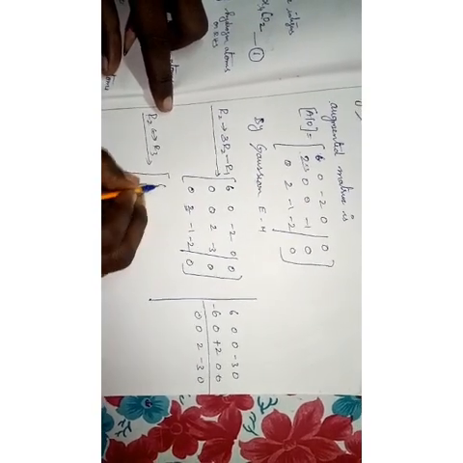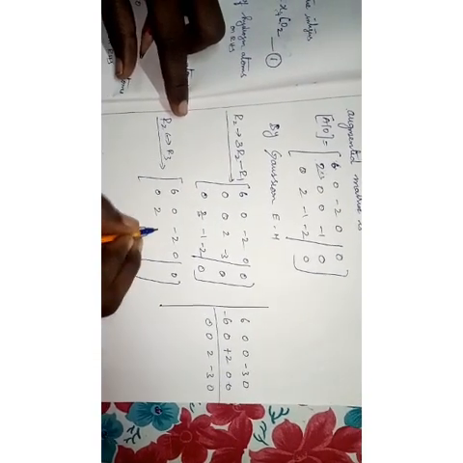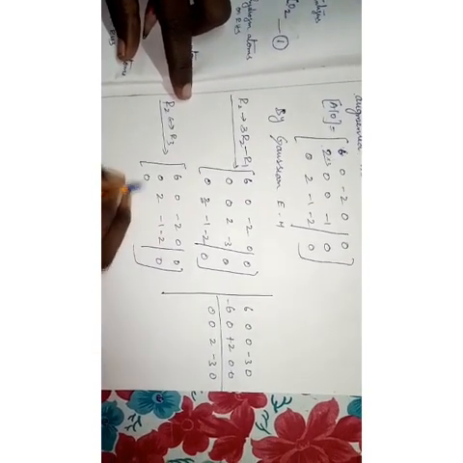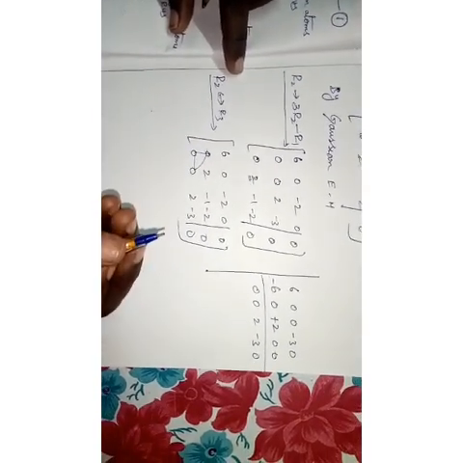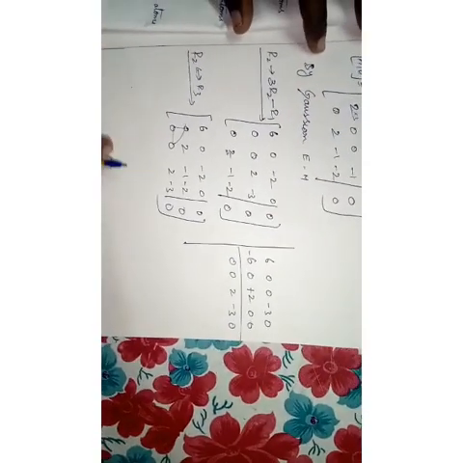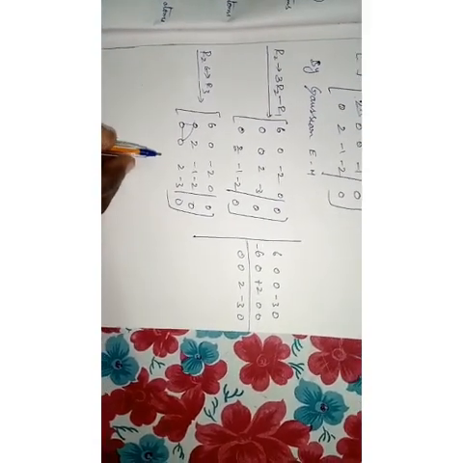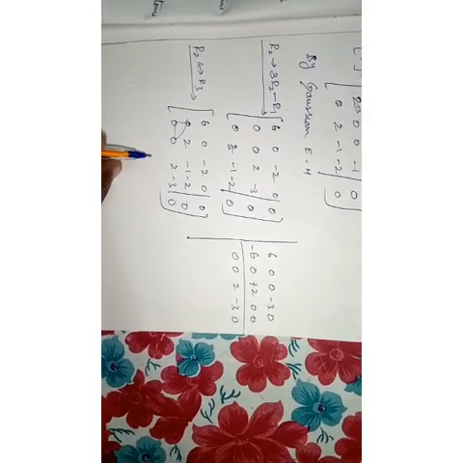So what is the answer? 6 0 minus 2 0 0. Then 0 2 minus 1 minus 2 0. This is 0 0 2 minus 3 0. Now you got a triangle shape of 0s. Is there any possibility of converting to 0 here? Is there anything next? What is the next condition here? Triangle shape 0 is over.